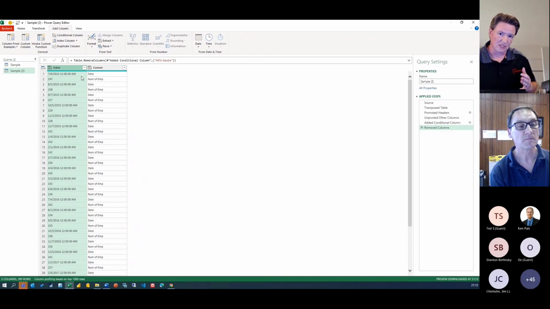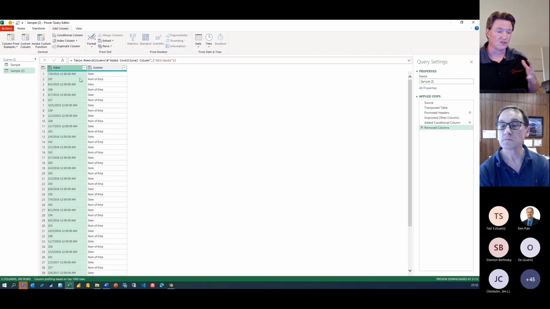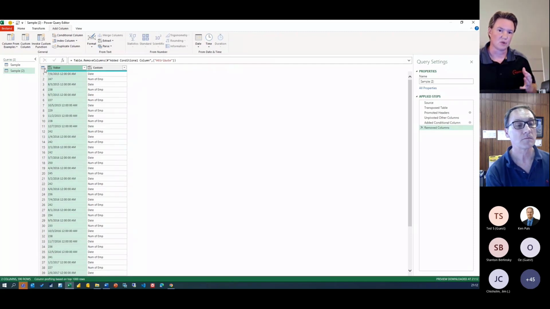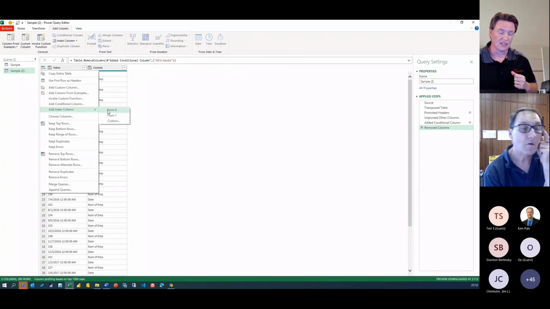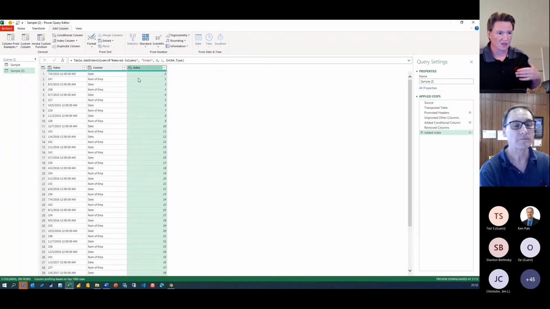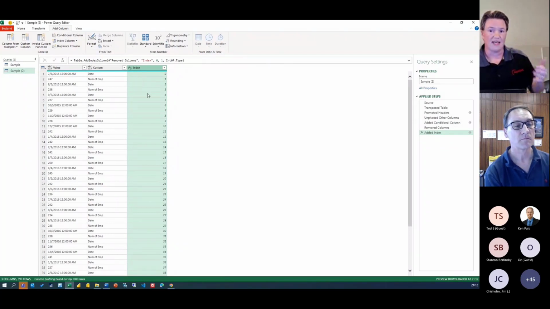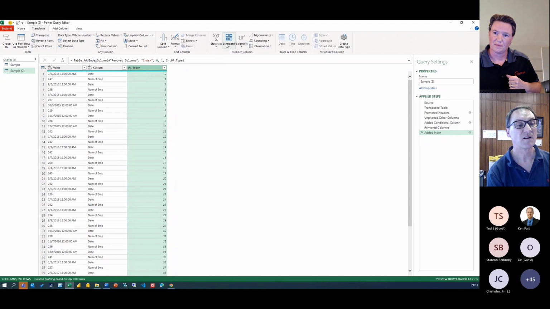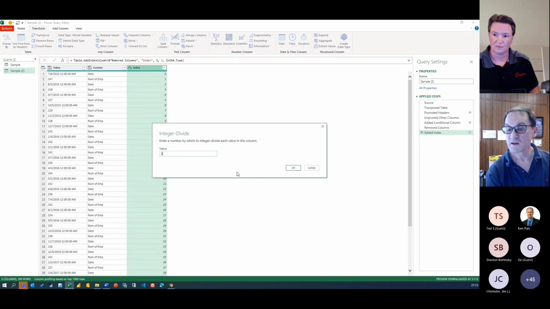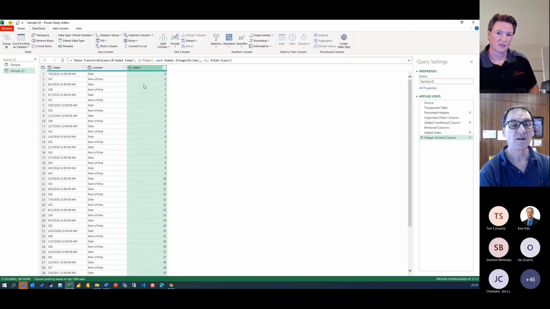And on to the task of keeping these values together. Now, for that type of job, usually an index is required. So via that mini table icon, I'll go to add index, and I'll add one from 0. Of course, I need to update that index because now it has a unique value for all of my rows. So on the transform tab, I'll select standard, integer divide, and divide that by 2. So now each of the value pairs share the same key.